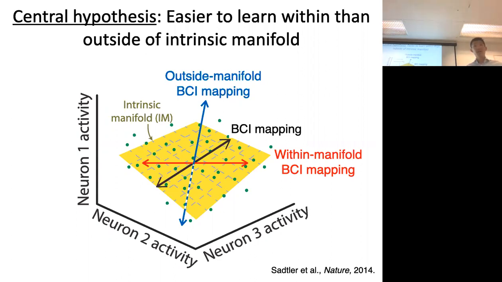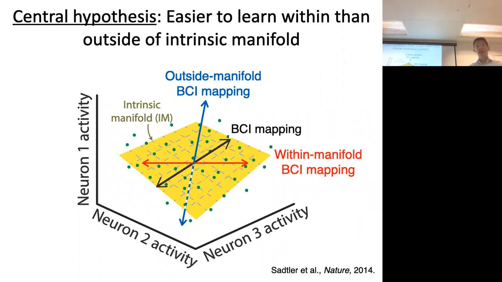Instead, a really important control in this experiment was that we needed to ensure that right after we switched the mapping, the initial difficulty of each of these two types of mappings was not different from each other. And then from that point, we want to see how learning proceeds. The second thing to put on the table is that one might think at first that these outside manifold mappings are impossible. How could it be the case that a subject could learn to do this?